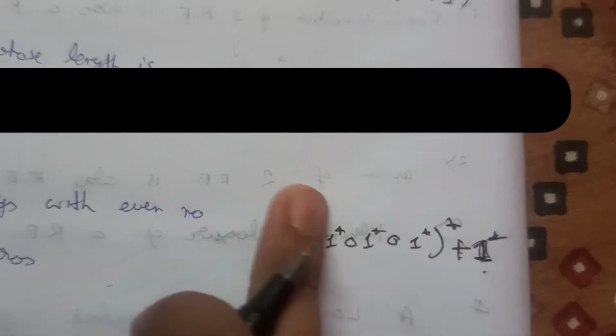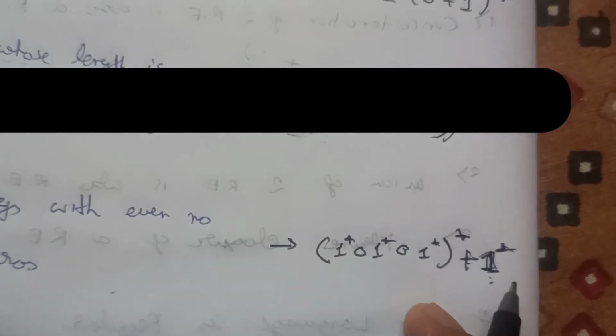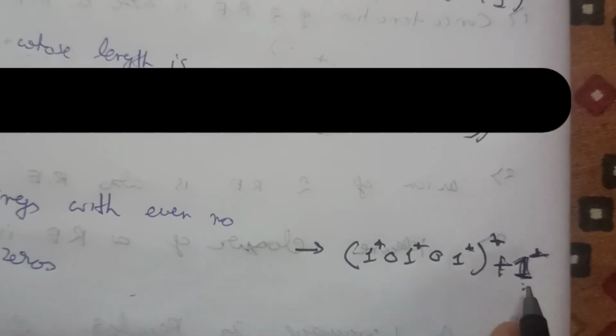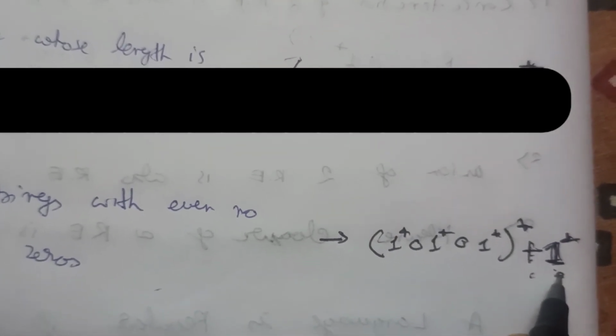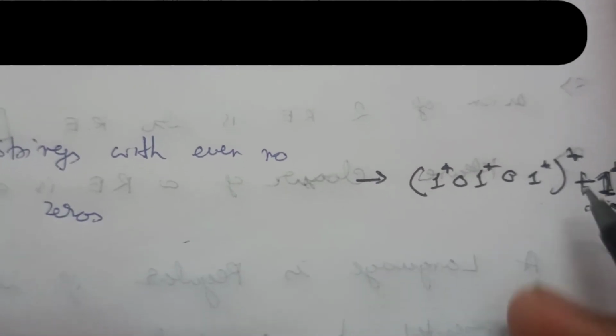So first forget this part and see this part. What do we mean by 1 star? 1 star means any possible combinations made with 1. So how many zeros will be there? No zeros. So there will be 0 zeros. That is also an even number, because 0 is an even number, we know. So there will be no zeros if the second part is true, but if the first part is true, then we will not consider the second part. So let's see what the first part is saying.